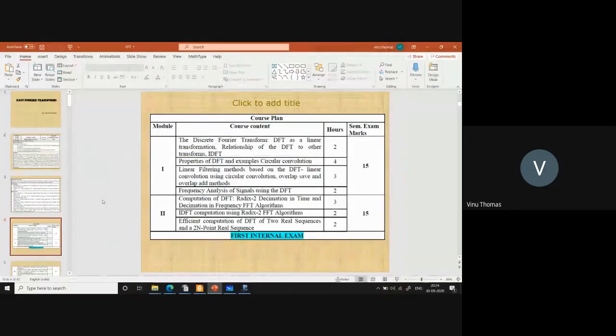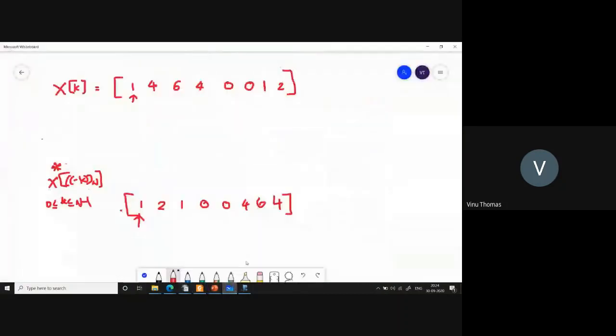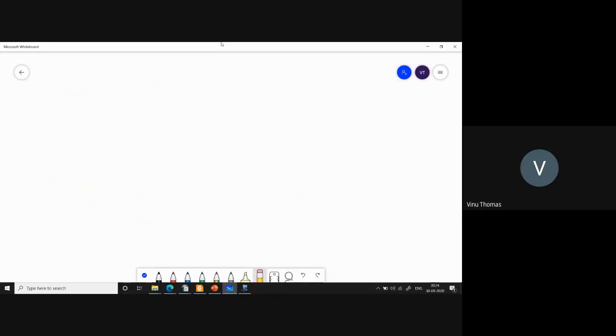Okay, so let us start with very simple problems, and then we will progressively work on to more complex problems. Now let us consider a sequence. I hope you have pen and paper with you. Please ensure that you have pen, paper, and a scientific calculator with you from this point onwards. So let us start with a very simple question.